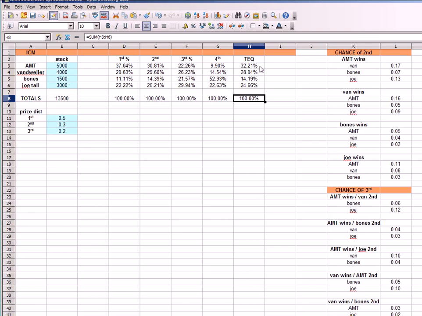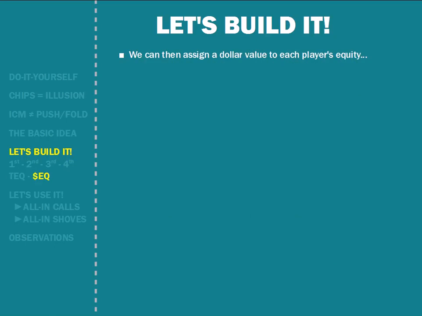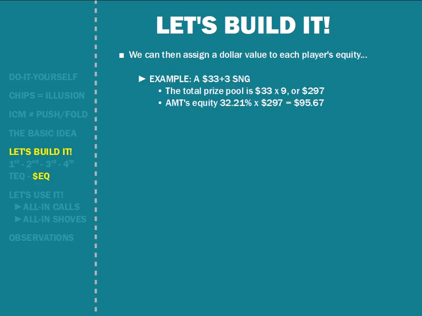So I like to think in those terms, and for other reasons too, which will become evident in future videos that I have planned, why I think it's more productive to think in terms of percentage of the prize pool than straight dollar amounts. But since it's interesting, we can figure out dollar amounts, right? So for example, say we have a $33 sit and go, 33 plus 3, like on Full Tilt. The prize pool is going to be $33 times 9 for each of the 9 players, or $297. So we just multiply each player's equity by the total prize pool. So if AMT has 32.21% of the total prize pool as equity, you multiply that by 297 and you get